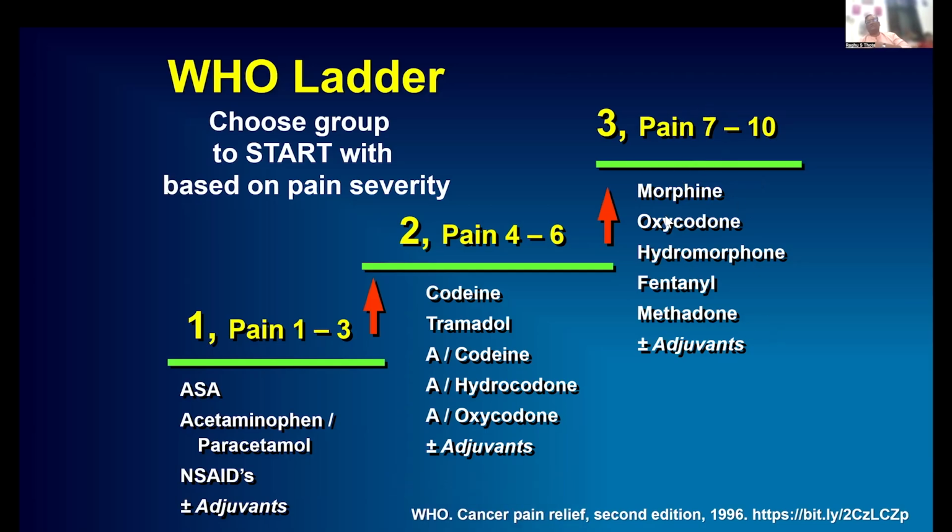That's the strongest opioid. Directly, I can start the patient on morphine. But some people say that, oh, well, the group 3 analgesics are very dangerous. I'm really worried about the respiratory depression, a lot of side effects. Well, now I'm going to teach, that is what I'm here for, a technique to make sure that your patient